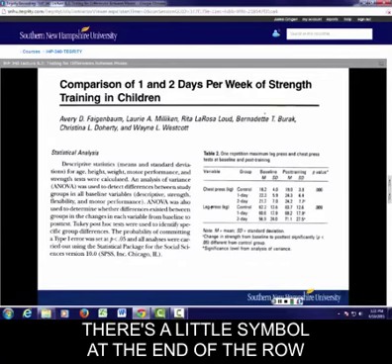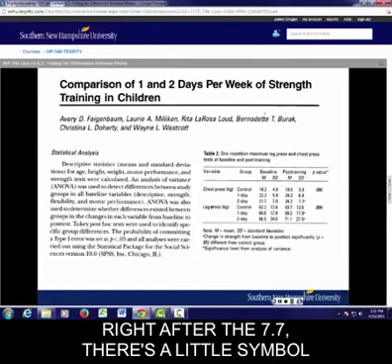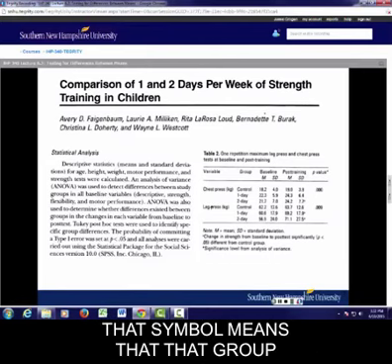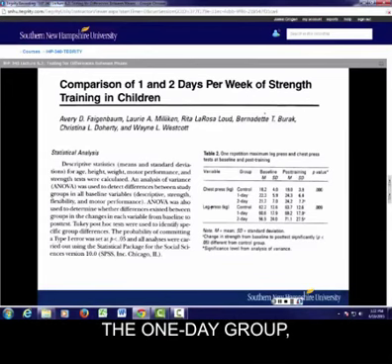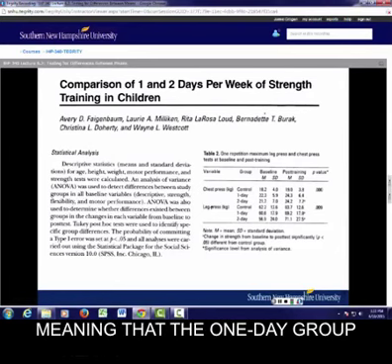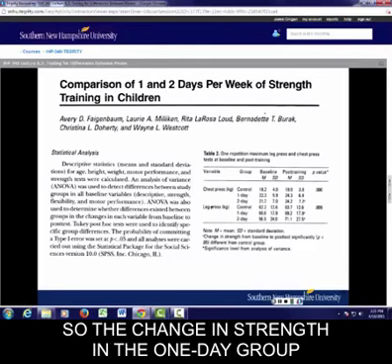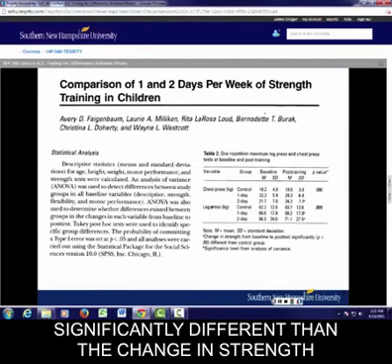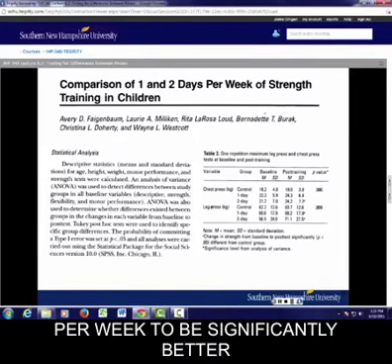There's a little symbol at the end of the row of data for the 2 day group for chest press. Right after the 7.7, there's a little symbol there that matches the symbol in the footnote. That symbol means that that group was different than the control. The 1 day group, there is no symbol next to the 1 day group, meaning that the 1 day group was no different than the control group. So the change in strength in the 1 day group was not statistically significantly different than the change in strength in the control group. It took 2 days of training per week to be significantly better than either 1 day